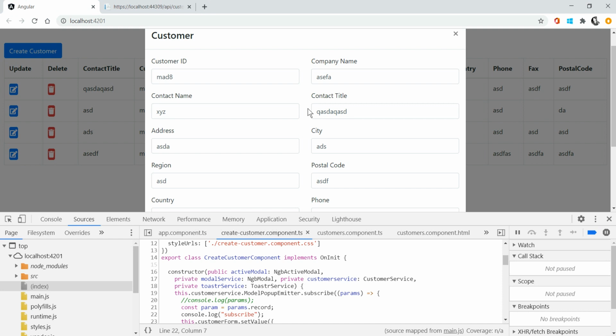So what is the key? Once you are going to update the data, one important key is the customer ID. You have to tell the developer that you need to update the entire record based on one key, let's say a primary key or unique key. For now, in this model pop-up, just assume that the customer ID is the primary key. So I want to update this object based on the customer ID. We will see this in the code.